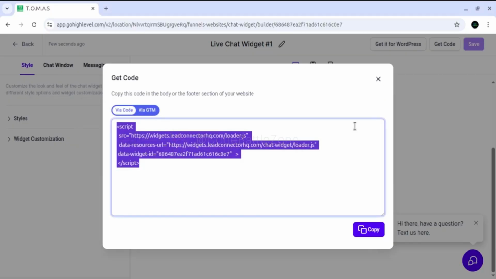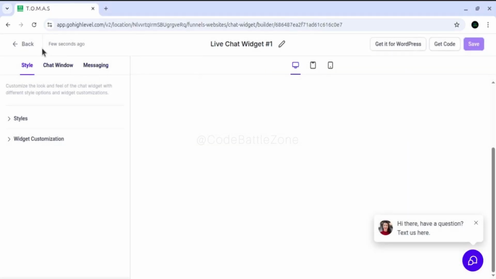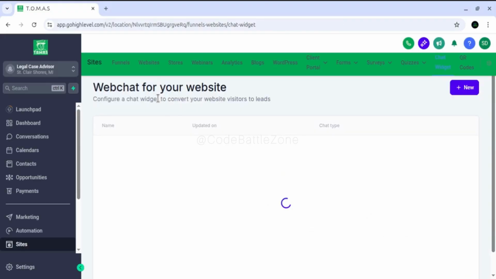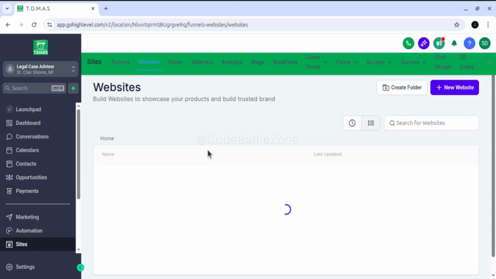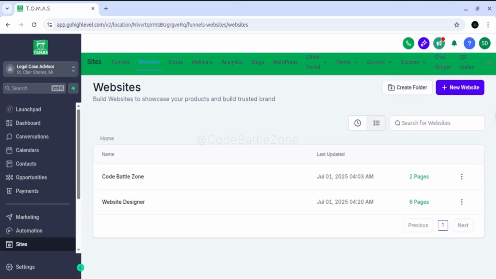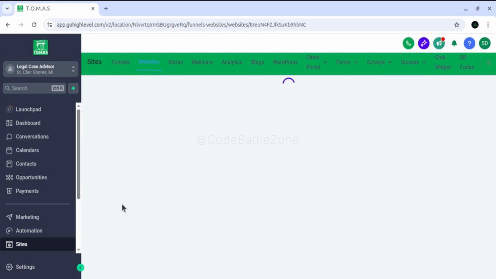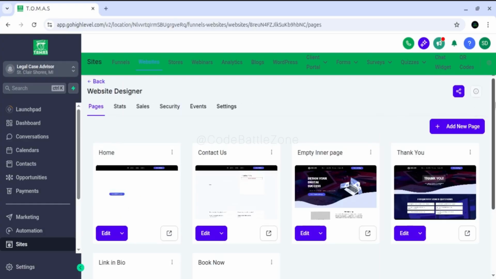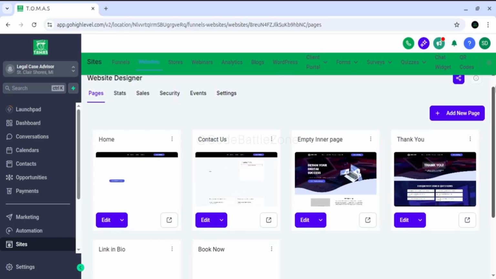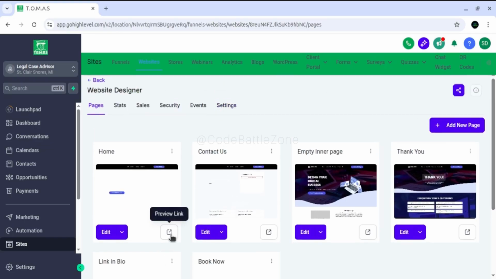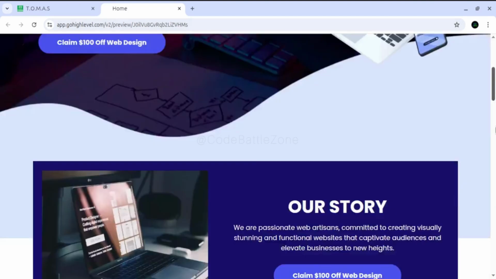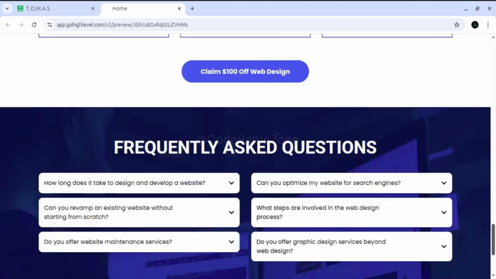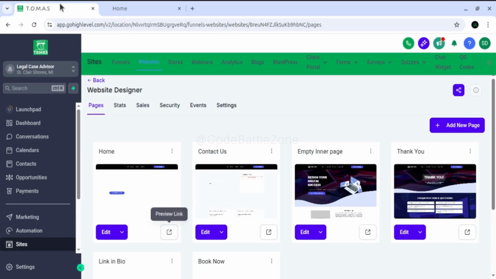Let's see how we can use the chat widget in a GoHighLevel website. I have one chat widget currently. Let's go to the website. I'll show you on the website. Here is the website. I just opened it. You just need to open the website first. I just opened the home page. See, there's no chat widget currently. Now I'll